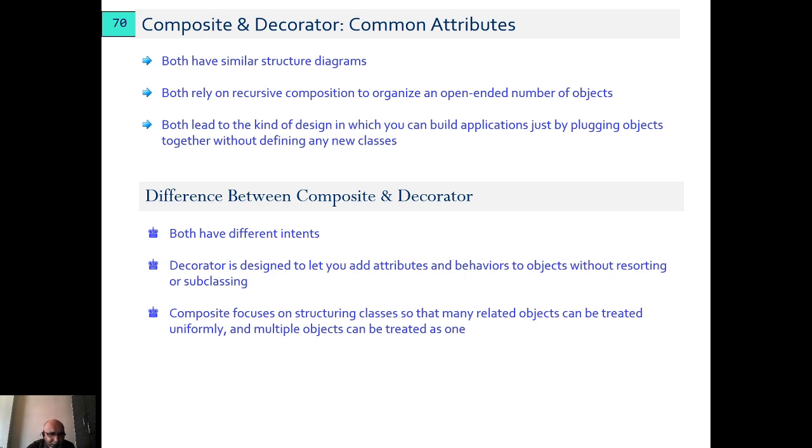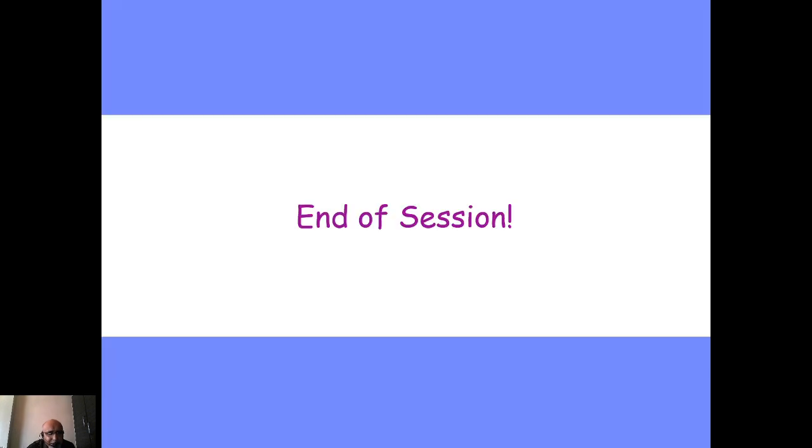Difference between composite and decorator: different intents are there, right? And that marks the end of the session. To summarize the session,